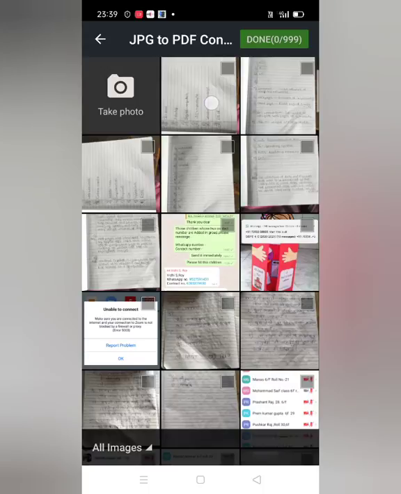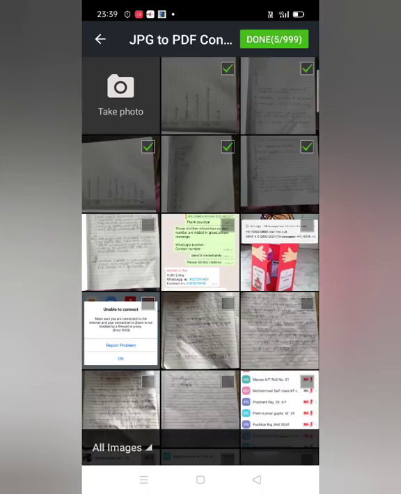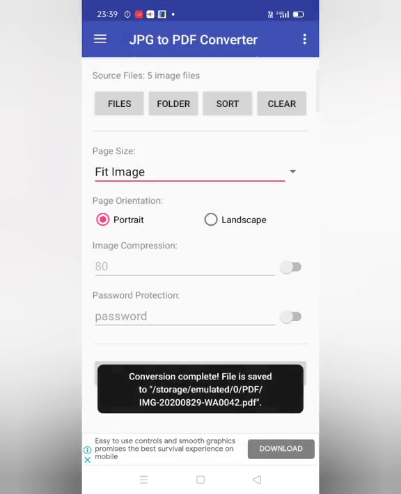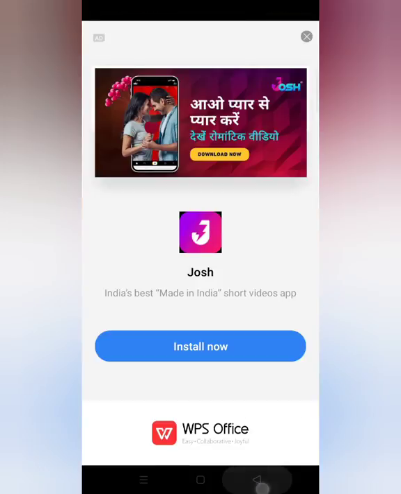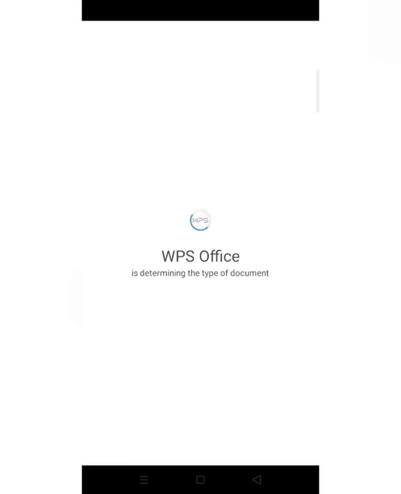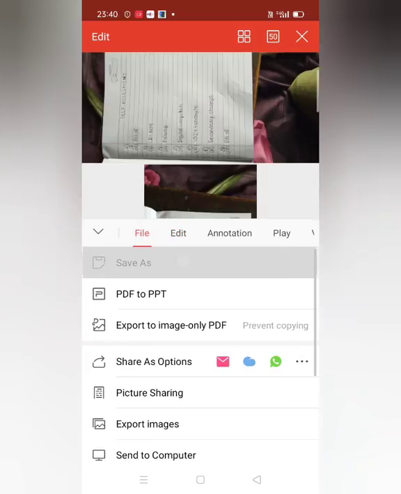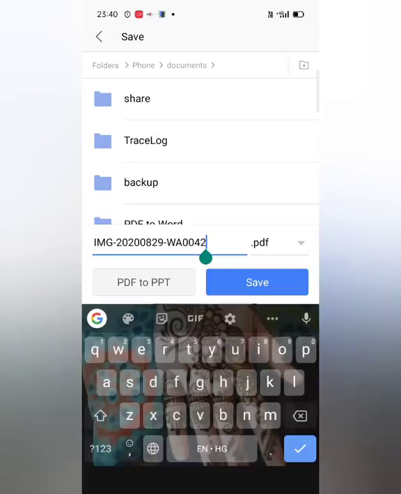Here, select the photos of your assessment and convert it into PDF. And save it by any file name like computer exam or computer half yearly exam, anything whatever you like.